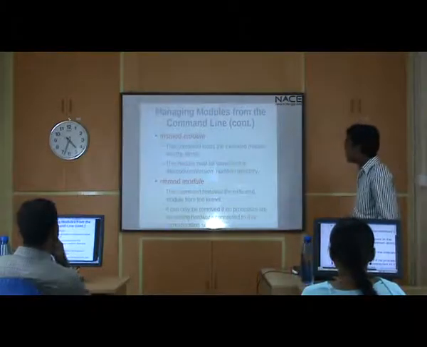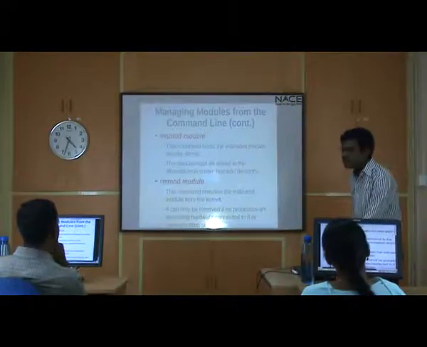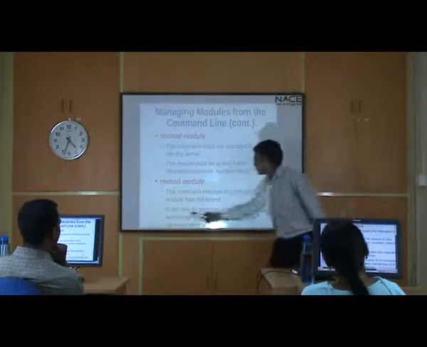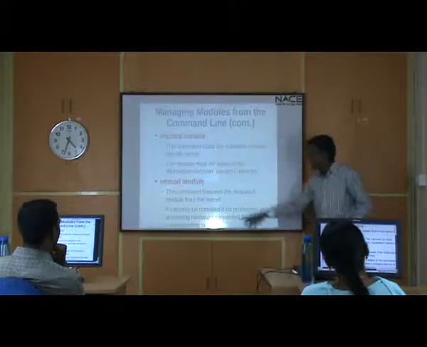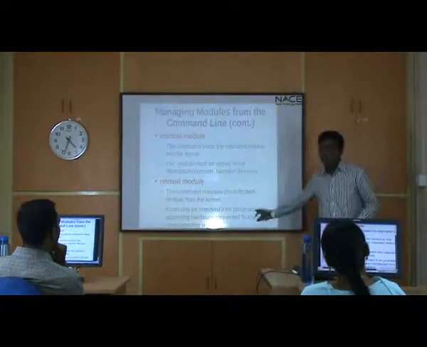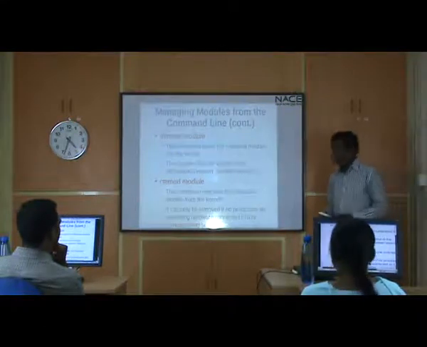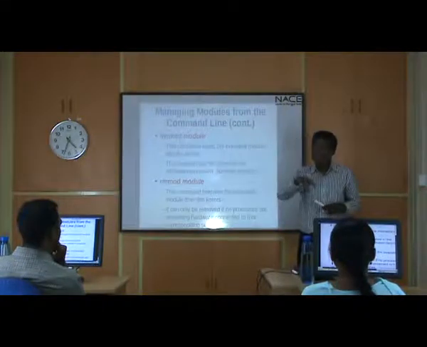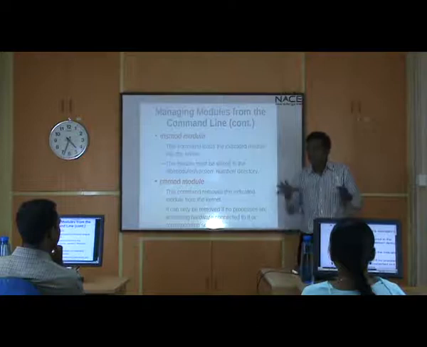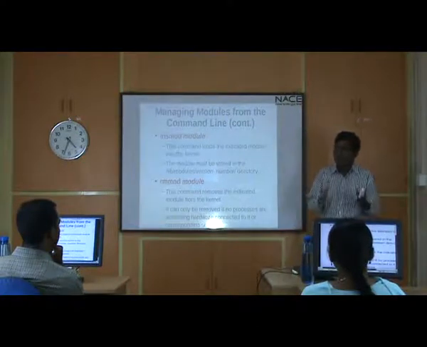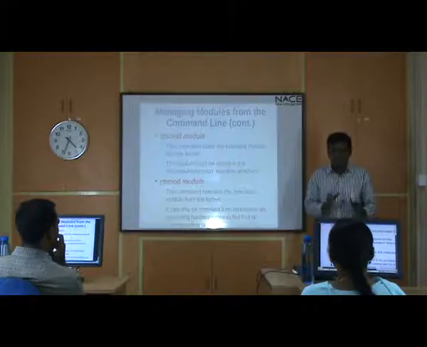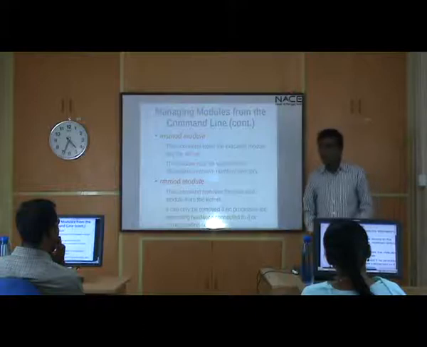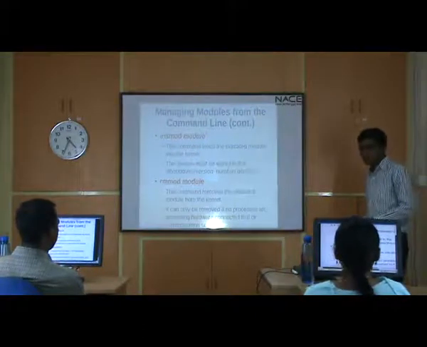Alright. So rmmod, everyone knows. It is used to remove the module. Again, here we have the same topic. It can only be removed if no process is accessing the hardware. You got this sentence? So if a process is actually accessing your hardware, at that time you can't remove your kernel module, because the module is currently being used. You can't remove it. The best safe way is to end the process or remove the hardware, then remove your kernel module. You got it?